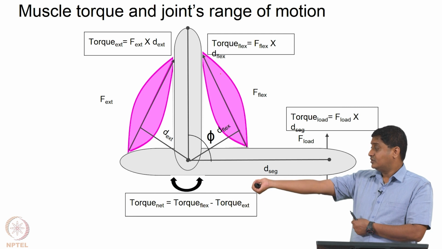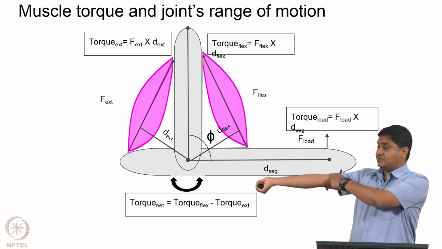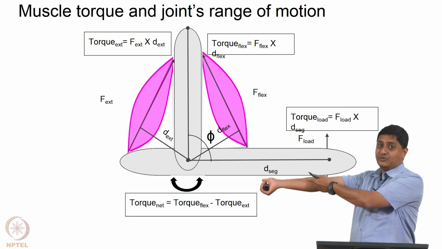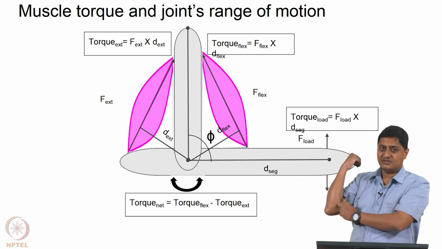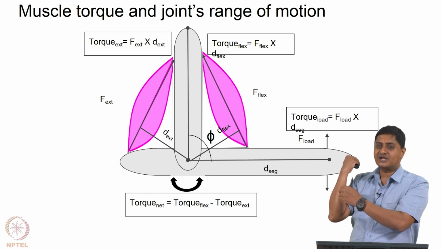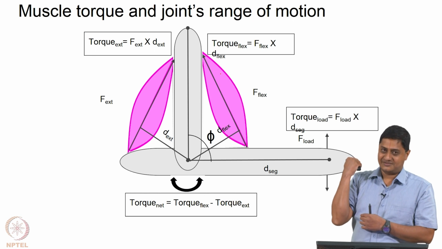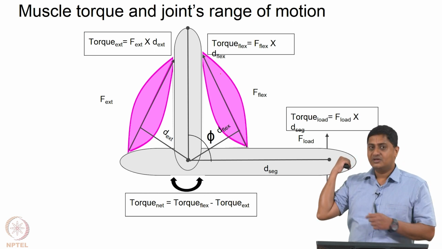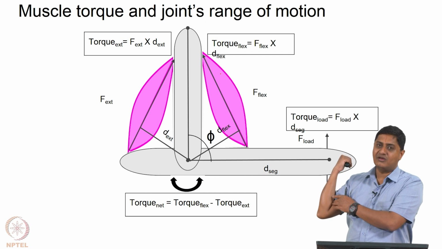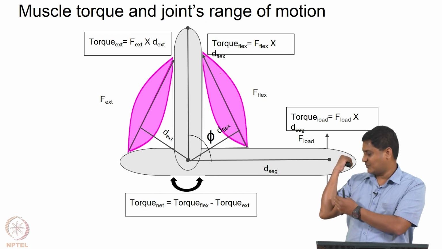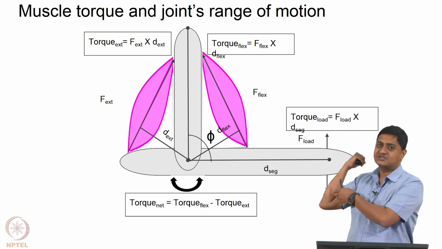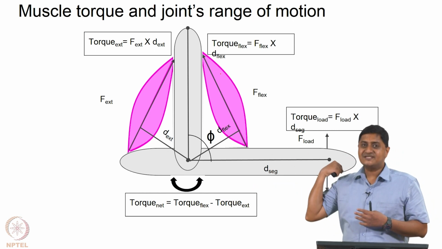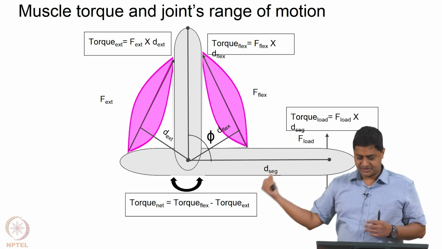Okay. You note I can extend up to approximately 180 degrees, whereas I cannot flex to 0 degrees actually, because there are tissues that prevent these two bones from becoming parallel to each other. So, that is not possible, right. It cannot be 0, but it is a small value, there is a minimum, say 20 degrees or whatever. So, the angle between these two segments may be 20-30 degrees at this level, and it is 180 degrees at the other. This is called range of motion, right.